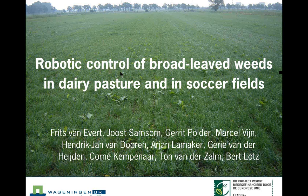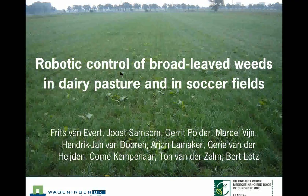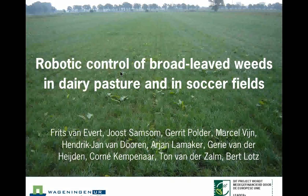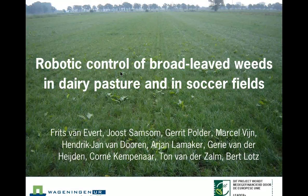You see in this picture a dairy pasture. And this dairy pasture is actually not very far from where I'm sitting right now. It's less than a mile away. And there's also some weeds in that pasture. And those weeds,